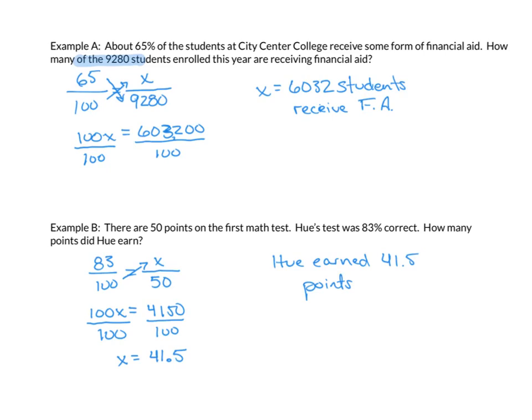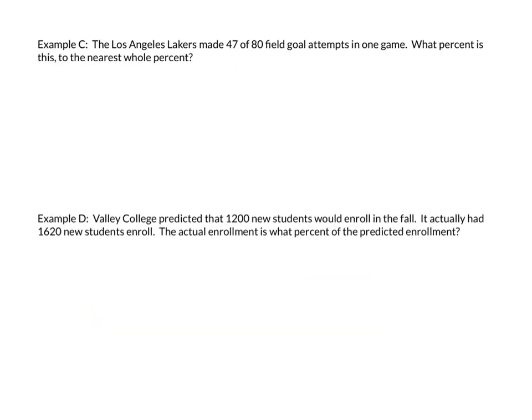Okay, let's look at some other examples. Example C, we have the LA Lakers made 47 of 80 field goal attempts in one game. We want to know what percent is this to the nearest whole percent. So this one, since we are finding the percent, I'm going to set this up as P over 100 equals,